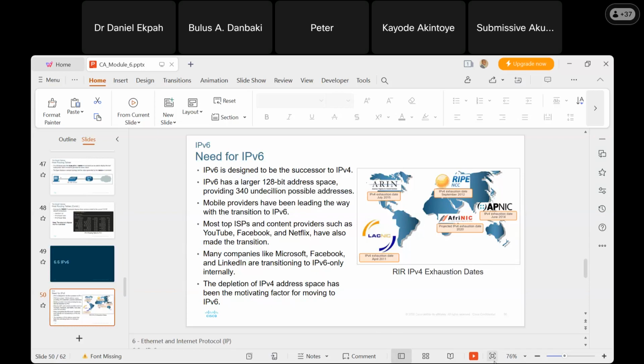Different continents are beginning to use IPv6 as we speak. Before now, it has been IPv4. Mobile providers have been leading the way with the transition to IPv6. Most top ISP content providers such as YouTube, Facebook, and Netflix have also made the transition to IPv6. Many companies like Microsoft, Facebook, and LinkedIn are transitioning to IPv6 only internally. So this is a very high improvement in terms of the acceptability of